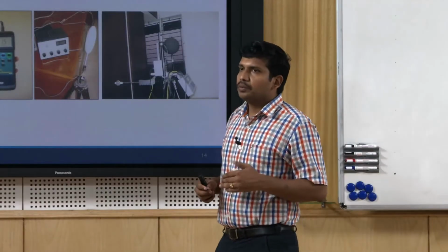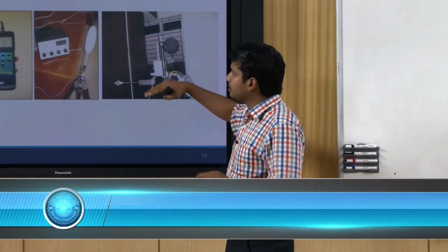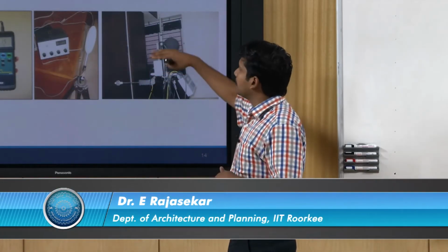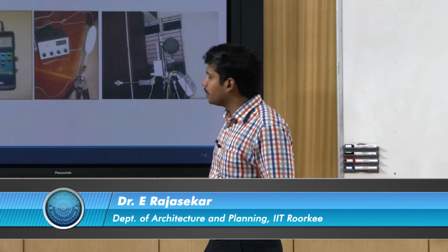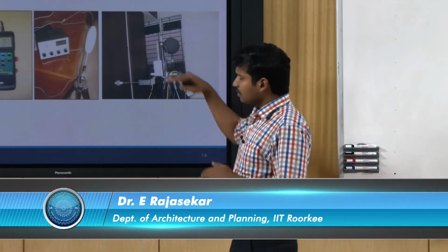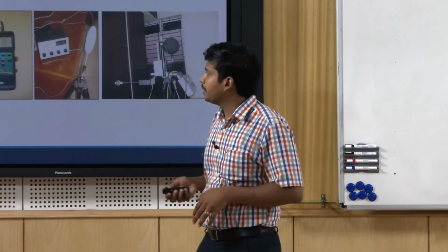Apart from this, if you have to do a level 1 survey, you have to have at least 2 sets of instruments like this measuring at 2 different levels. You can measure temperature, humidity, air velocity, then the radiant asymmetry, globe temperature, at least at 2 different heights, plus you need a data logger which continuously records at specific frequencies.